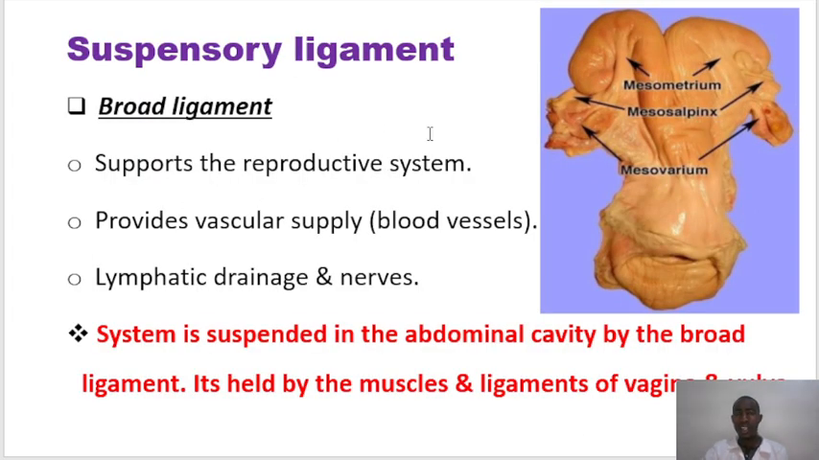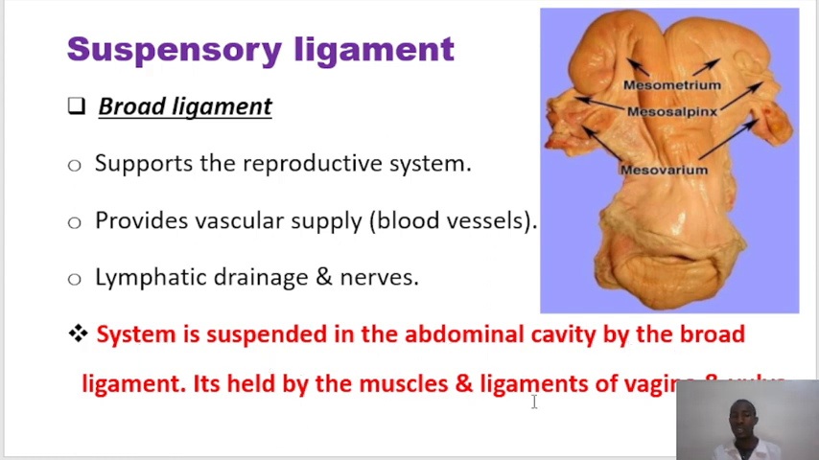This is the suspensory ligament that we're talking about, that always carries blood. This suspensory ligament supplies the blood vessels that supply the reproductive system. Then it also has the nerves that supply the reproductive system, and it also has the lymphatic drainage. That's the major purpose. And you see that the system is suspended in the abdominal cavity by the broad ligament,